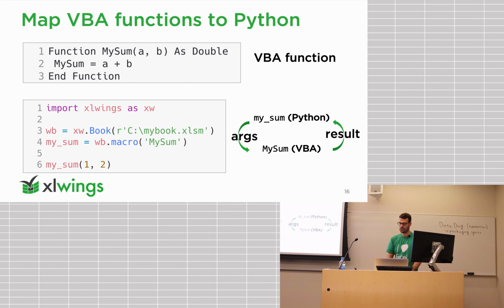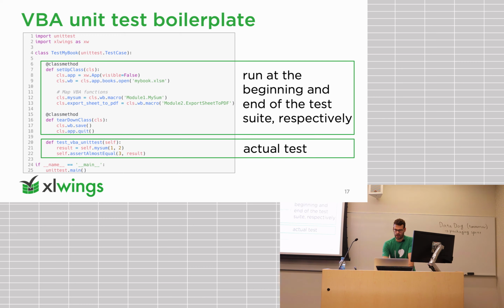and you have all you need to execute a VBA function in Python. And so to have a VBA unit test framework in Python, there's a bit of boilerplate you need to do, but you can almost ignore that. So what I'm doing here at the top is